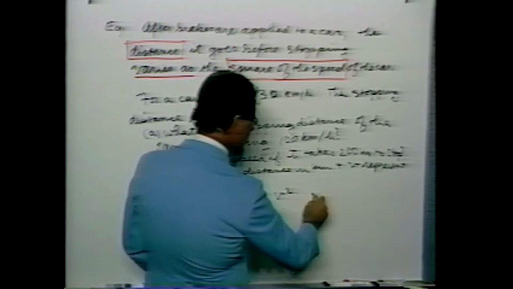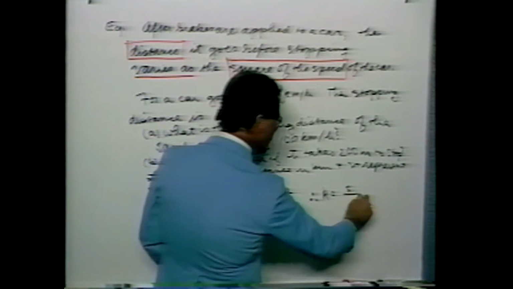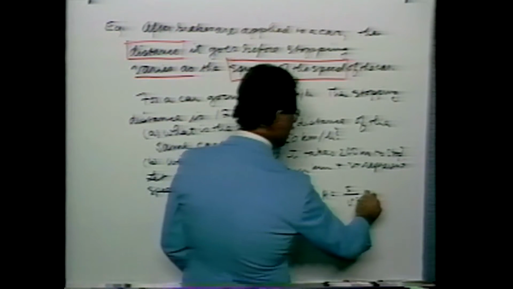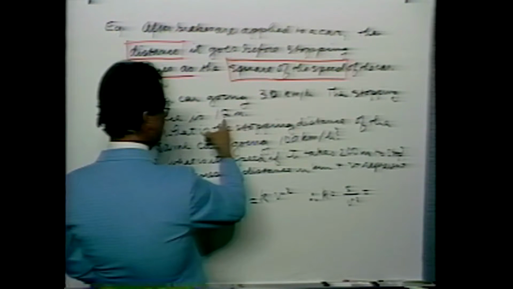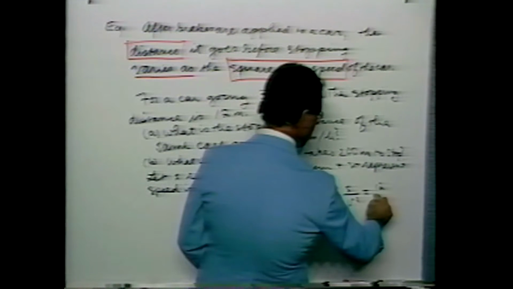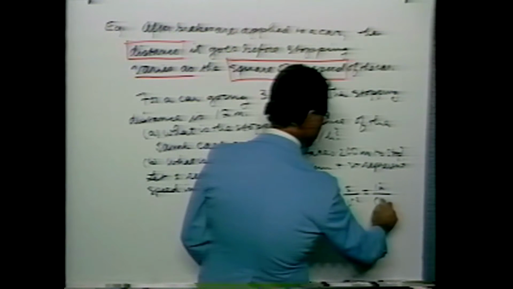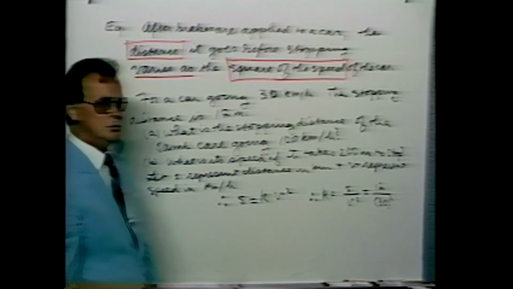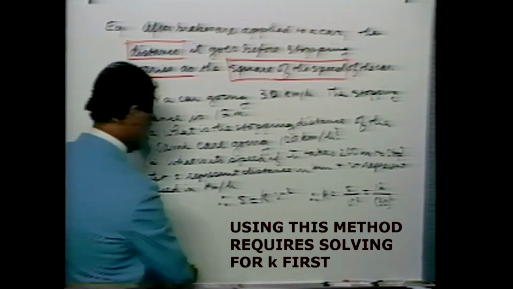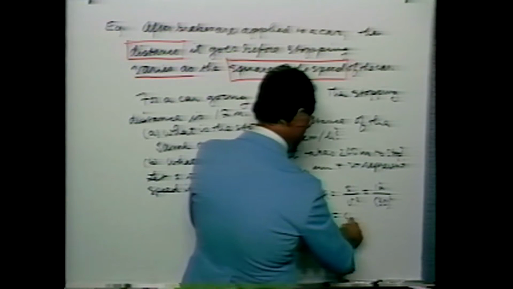From this we see that K is equal to S over V squared, which equals 12 divided by 30 squared. You can work that down to a single number if you want to. It happens to equal, using my calculator, approximately